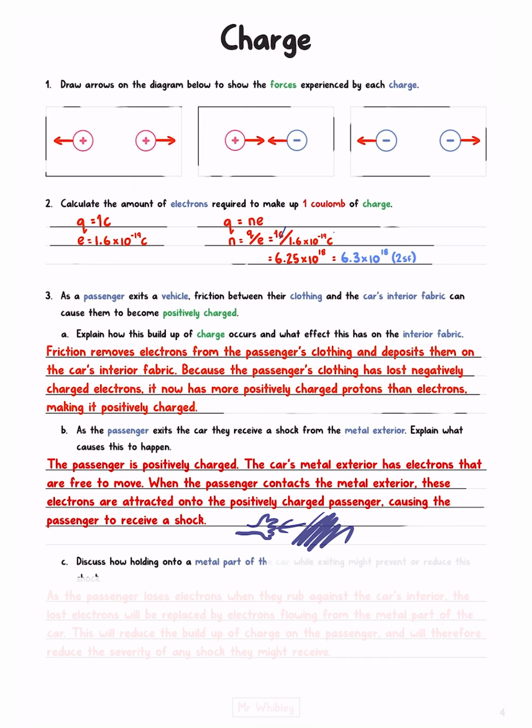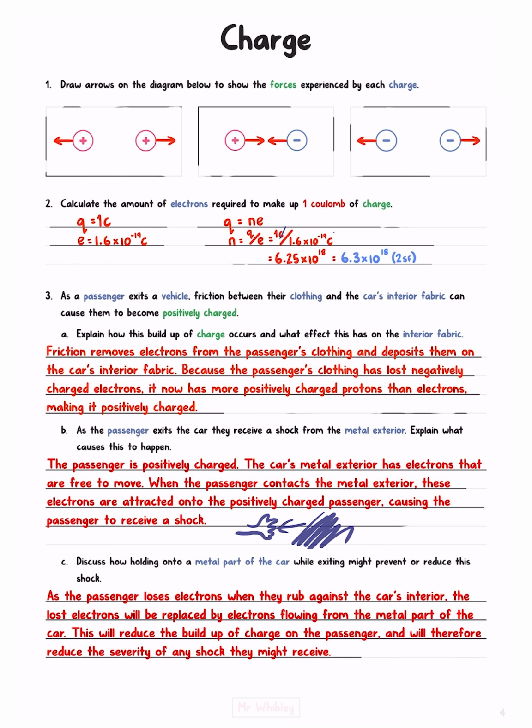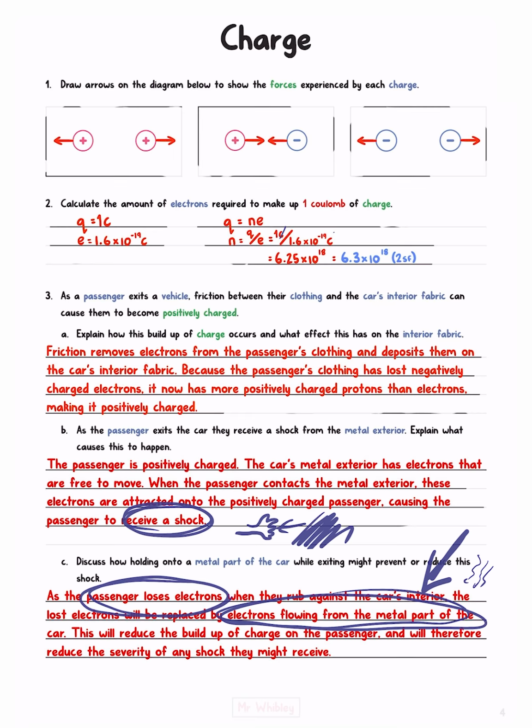Discuss how holding on to a metal part of the car while exiting might prevent or reduce this shock. As the passenger loses electrons when they rub against the car's interior, the lost electrons will be replaced by electrons flowing from the metal part of the car. This will reduce the buildup of charge on the passenger and will therefore reduce the severity of any shock they might receive. And so even though the passenger is still losing electrons and they're still receiving electrons from the metal part of the car, something that previously resulted in an electric shock, because we are replacing these electrons gradually rather than in just one big jump, any shock that the passenger is now going to experience will be much less